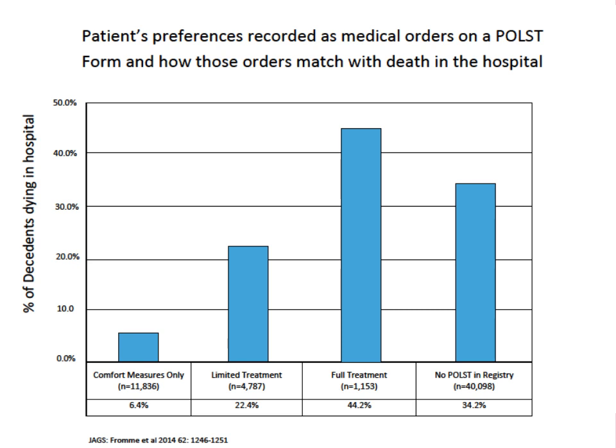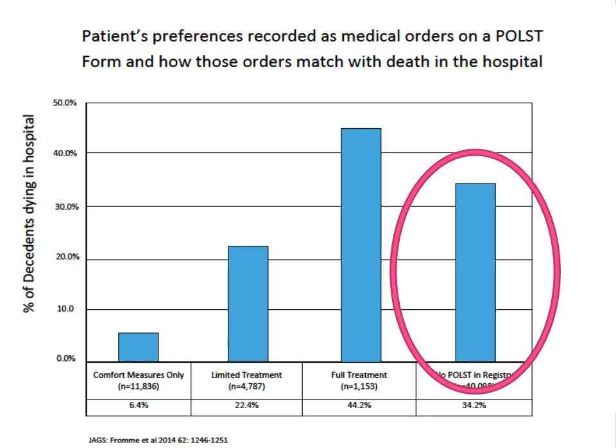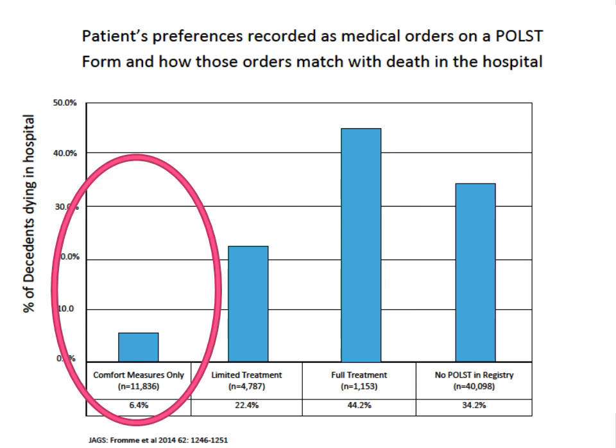This article demonstrates that POLST form orders are honored, and this chart shows the results of reviewing 18,000 death records of individuals with valid POLST forms in the Oregon POLST Registry who died of natural causes in Oregon between 2010 and 2011. Researchers compared those individual treatment wishes with their location of death. Without a POLST form in the registry, individuals had a 34% chance of dying in the hospital. The other three bars demonstrate the value of POLST compared to that baseline.